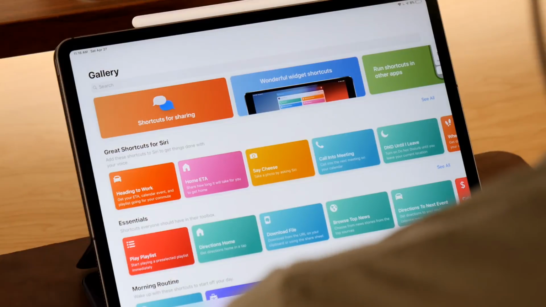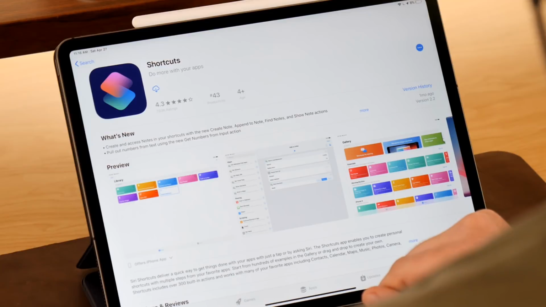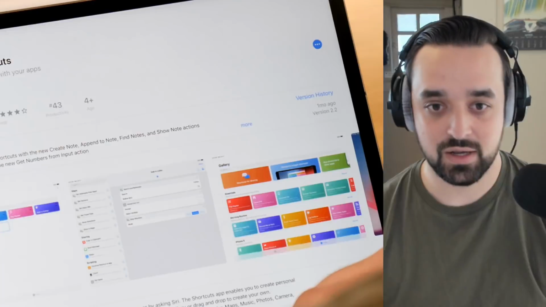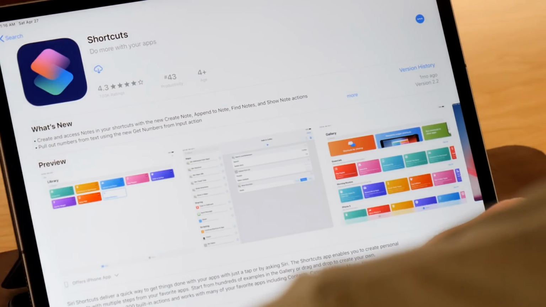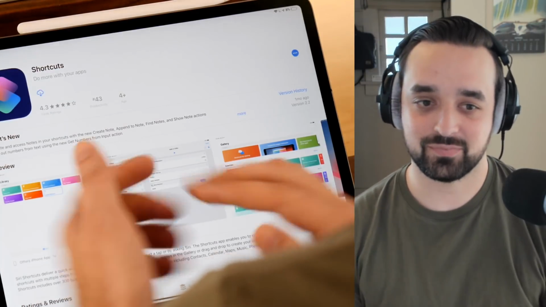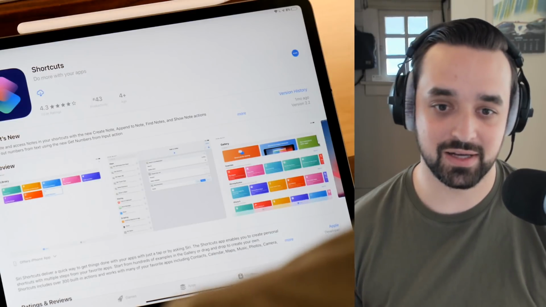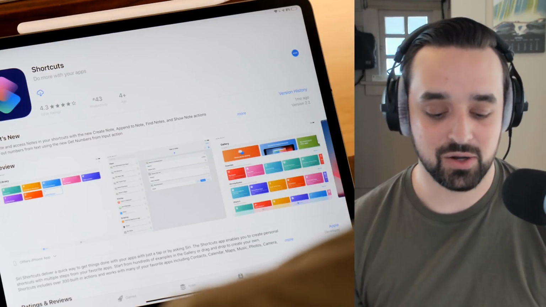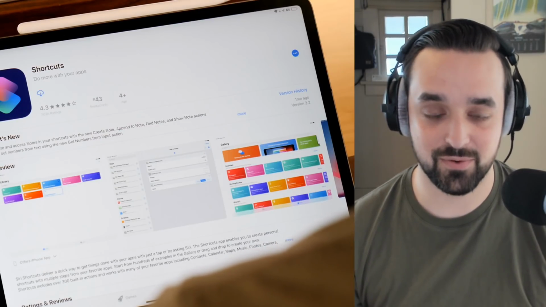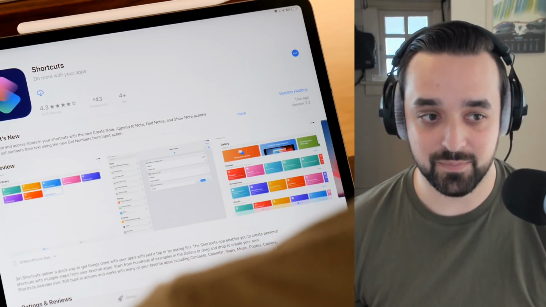For anybody who doesn't know, the Shortcuts app is available for iPhone and iPad, also called the iOS operating systems. You're able to create custom Siri shortcuts that work together in a row, and you can do things on your device, basically like Excel macros, which you've never been able to do before with iPhones and iPads. And then you can also trigger these from the